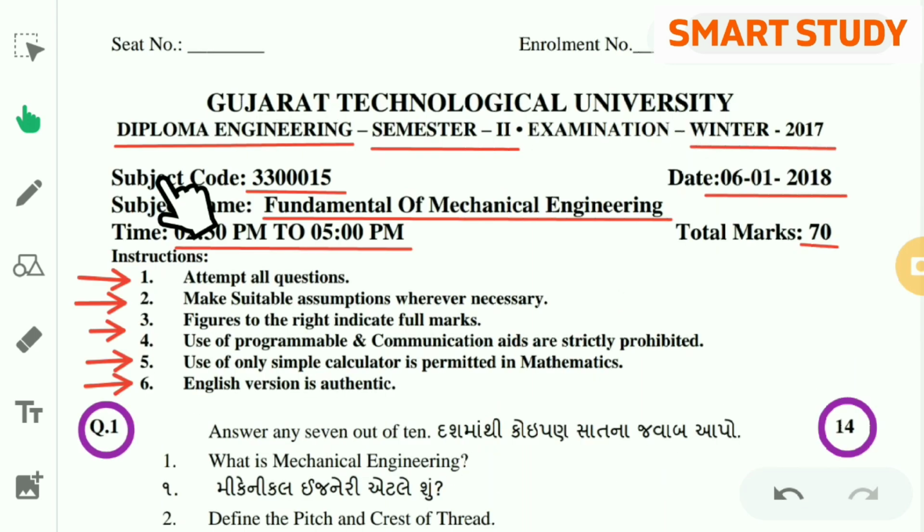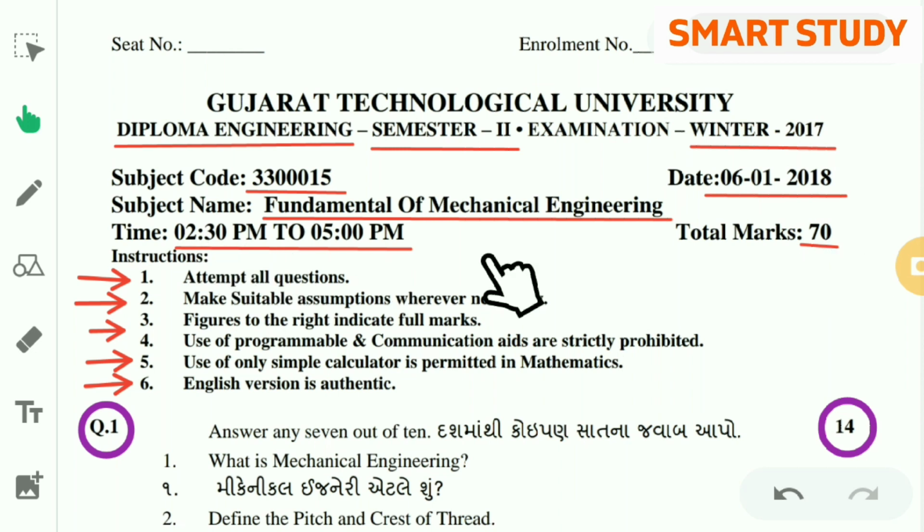Open the PDF file, and this is the GTU question paper. Diploma Engineering, second semester, winter 2017, subject code, subject name, time 2.5 hours, the date on which this exam is conducted, and the total marks.